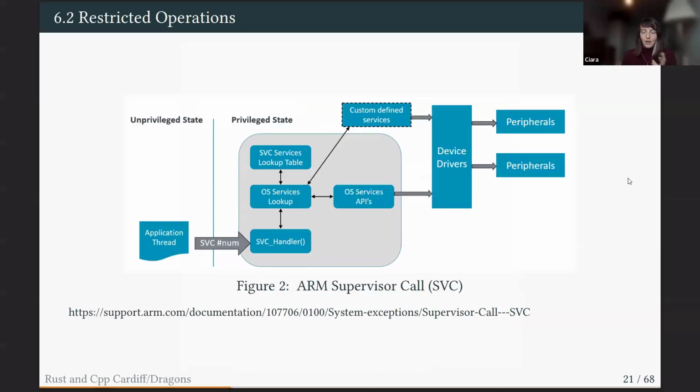And as mentioned, in different architectures, this might look slightly different, but it amounts to the same thing. So I took this diagram from the ARM website, and their version of syscall here is supervisor call. They also have hypervisor call and other ones because they've got different levels of permissions. They don't just have kernel mode and user mode. But essentially this amounts to the same thing. You've got your application, which is going to try and execute a supervisor call. The supervisor call handler is then going to look up where it needs to jump to, based on the operating system's vector table of all of the possible